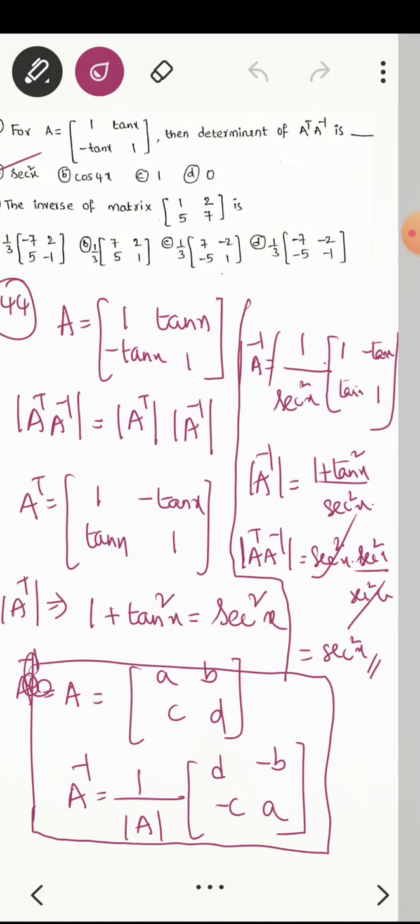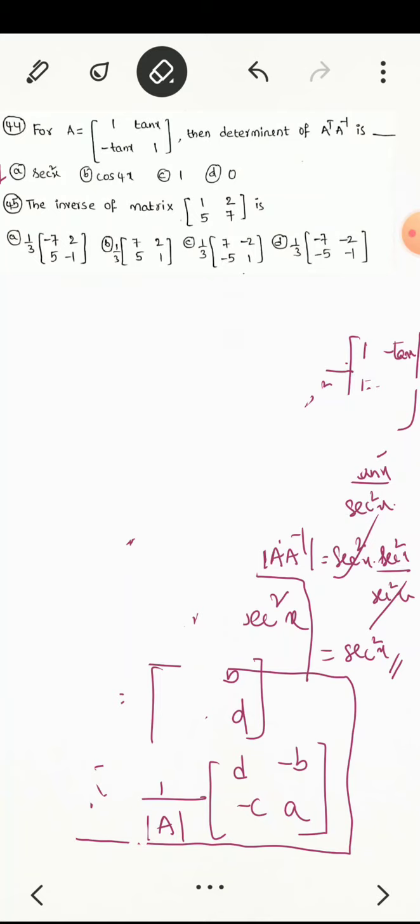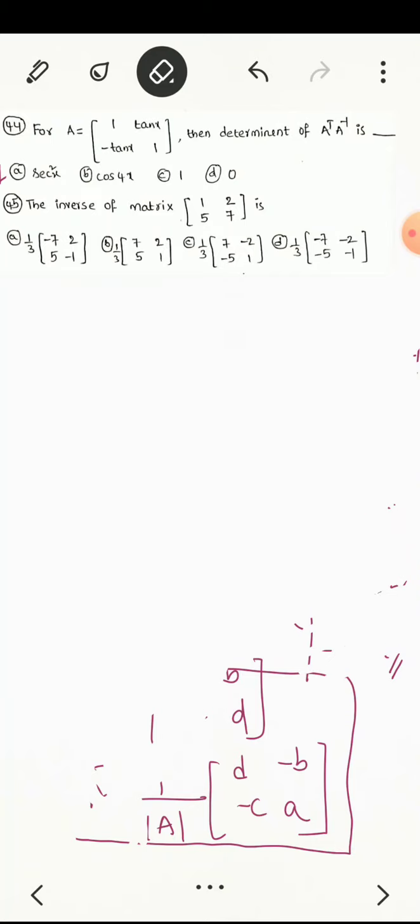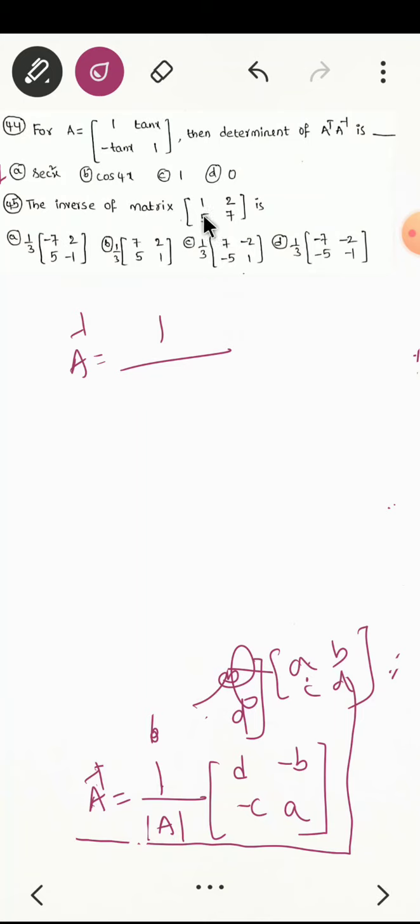Then problem number 45. From here itself we can solve. By seeing it you can tell AD minus BC, find the det, and after finding it, see what the correct option is. You have to use this formula, which is actually the formula for A inverse: if you have A, B, C, D as the matrix, then this should be done. So for A inverse, I am doing 1 by det A first. AD minus BC is 7 minus 10, that is minus 3. So minus 1 by 3.